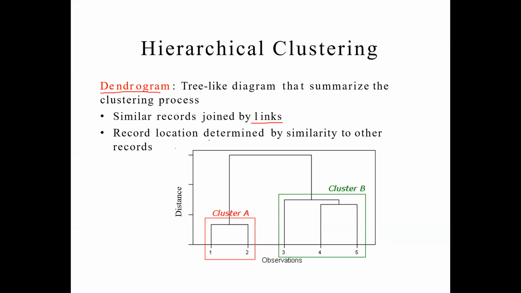Then record location is determined by the similarity to other records. So definitely here also we require a distance matrix, which you can use to find the distance between the clusters or the objects in the clusters. This diagram shows the dendrogram. How to draw this dendrogram from the given set of data points, I will explain with an example in the coming session. In this session, I will cover what different merging criteria you can use to form the clusters,